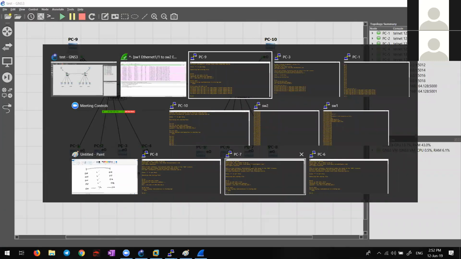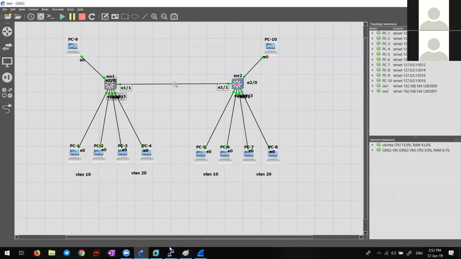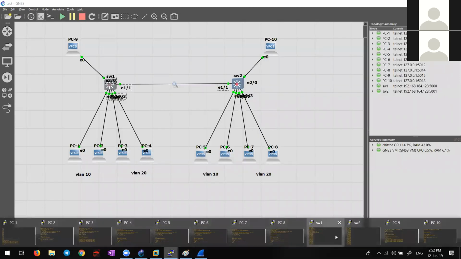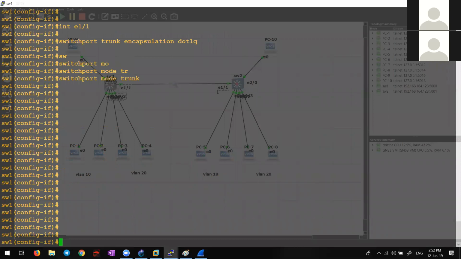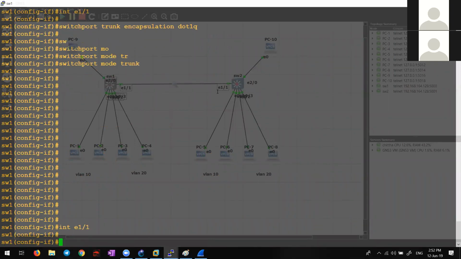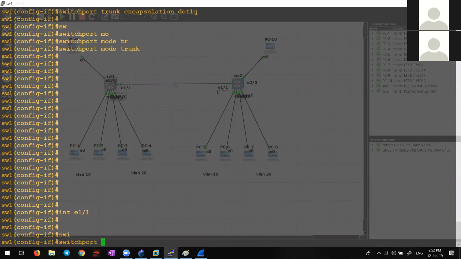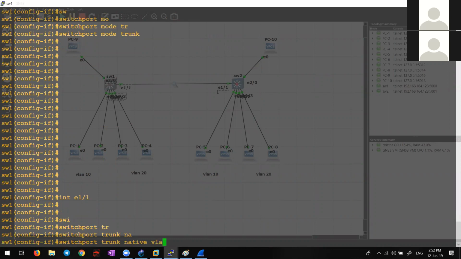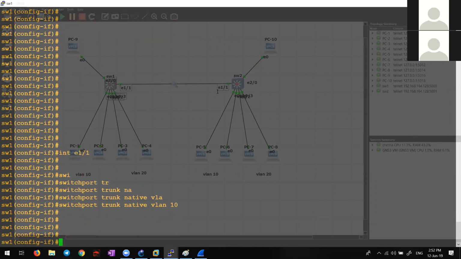I'll go to switch 1, interface E1/1. Here I'll give switchport trunk native VLAN and the native VLAN number. What is the native VLAN number? We want it to be 10. Now, wait for some time.